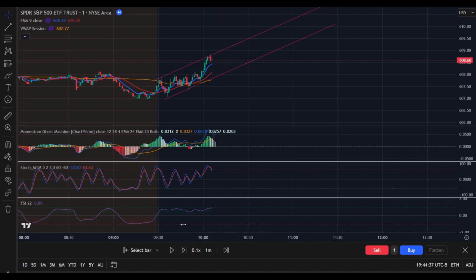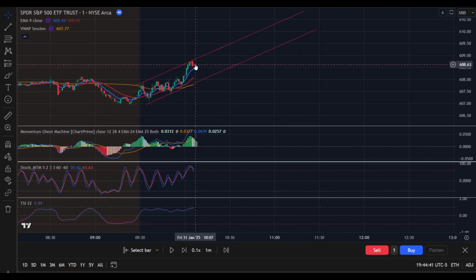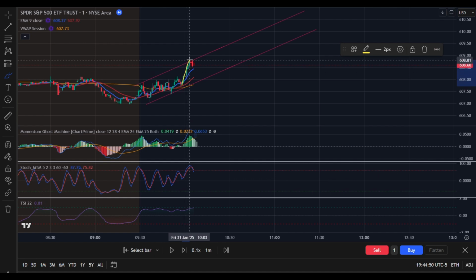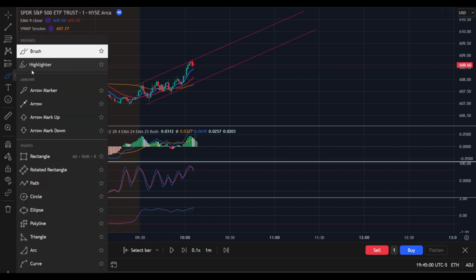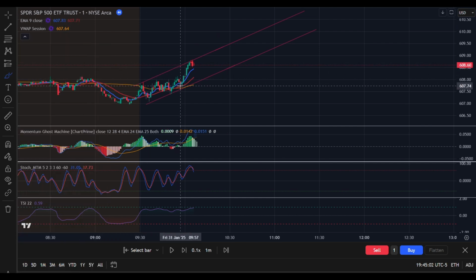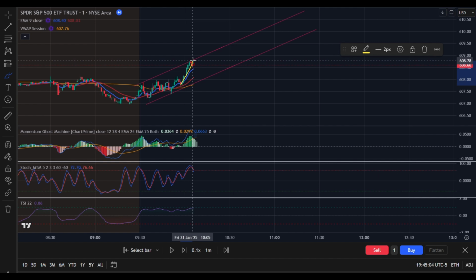So I'm going to pause it. Because I see weakness coming in here, I now know that one of two things is going to happen. It's either going to go all the way back down to this level here to keep this trend going, or your next option